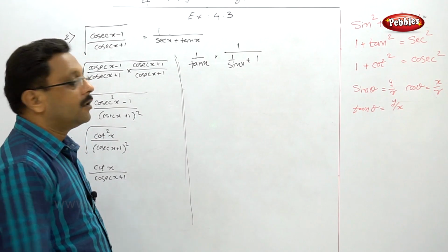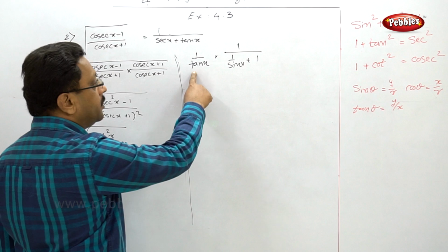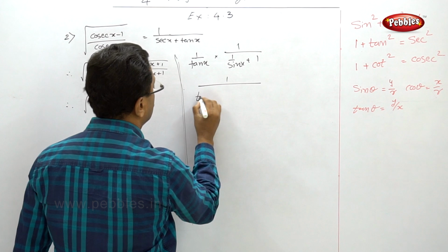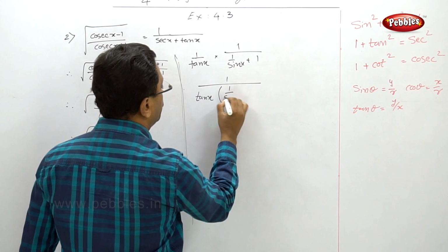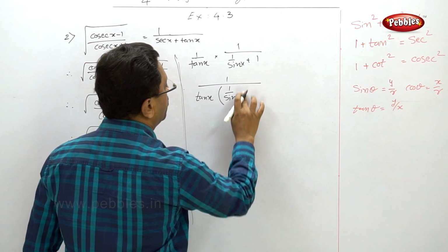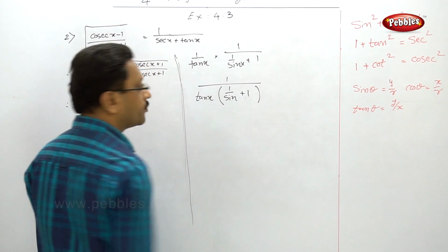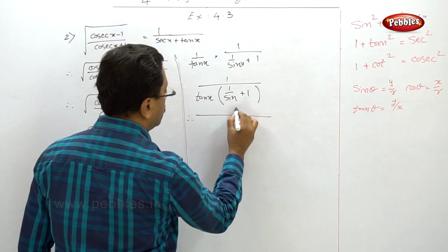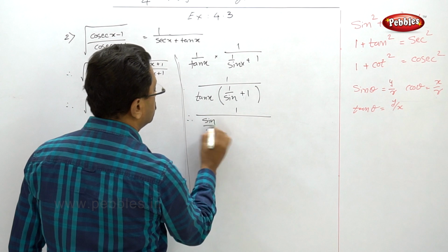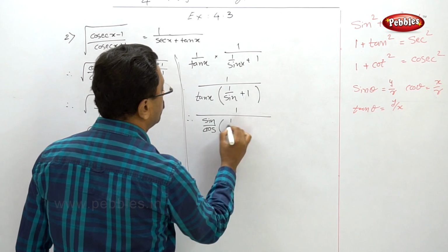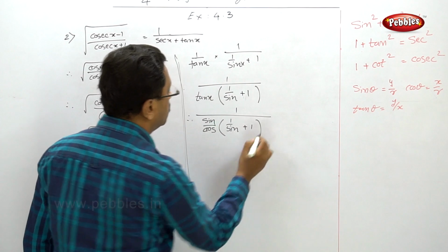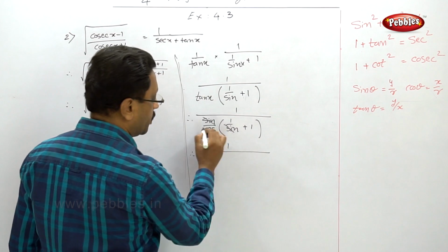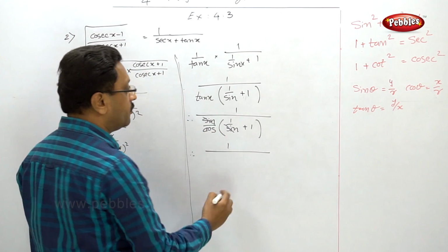Now tan is nothing but sine upon cos, and this cosec means 1 upon sine, so we have 1 upon sine upon cos into 1 upon sine plus 1. Now this sine and this sine will get cancelled. Hence we have 1 upon cos into, when you open the bracket,